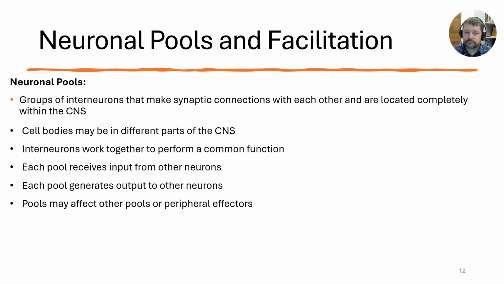So they perform a common function, and they will receive input from one region of the body, and they might control one region of the body, or might be stimulated by one type of stimulus really well. Maybe some other stimuli will stimulate them, but there are small patches within the brain that are going to be stimulated by like stimuli. And so they work together.